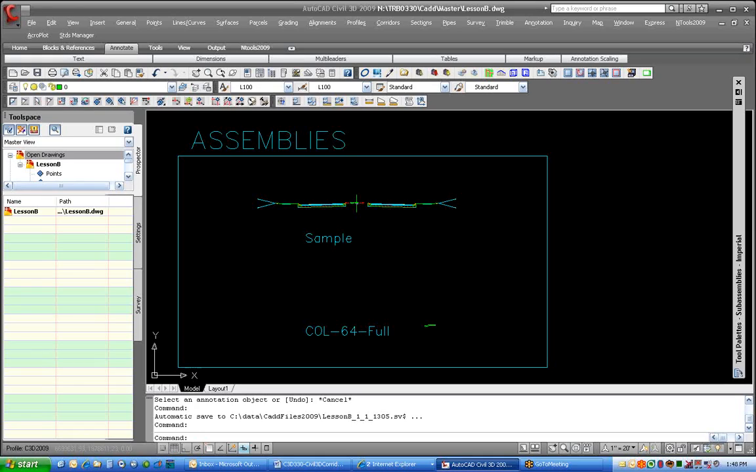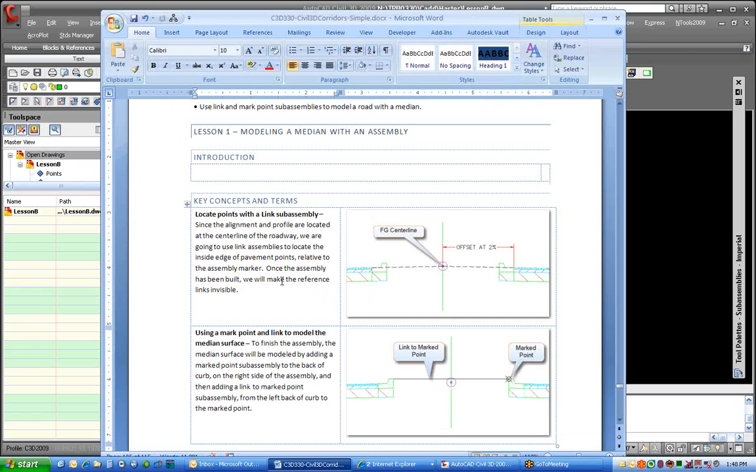All right, today I'm going to be showing you how to create a median, a roadway median, in an assembly. Let me zoom around here a little bit and bring in some pictures. The concept we need to create through these two pictures is that we want to tie our roadway into our finished ground center line, which is going to be at this point right here, but I then need to calculate where the edge of pavement is going to be, and we're going to do that using a link assembly at